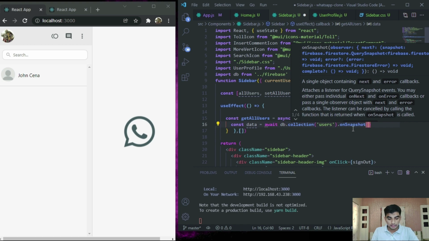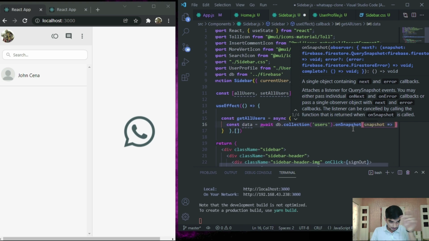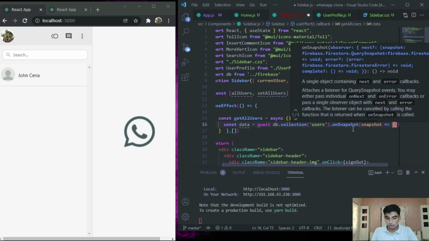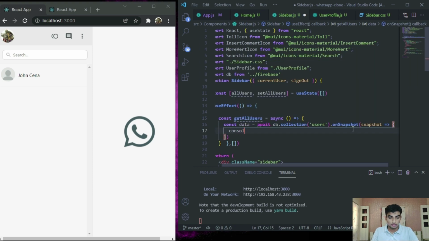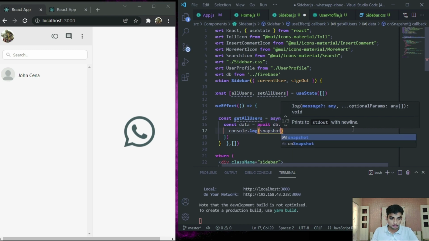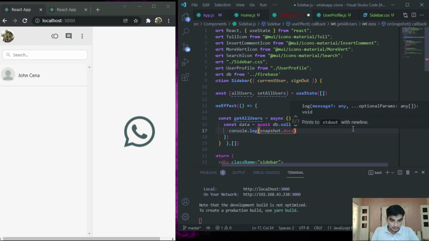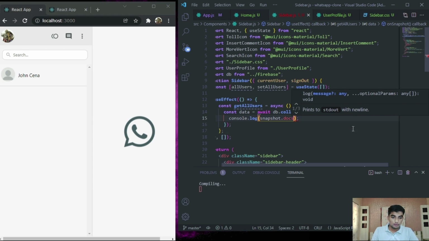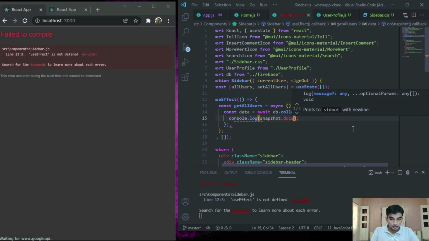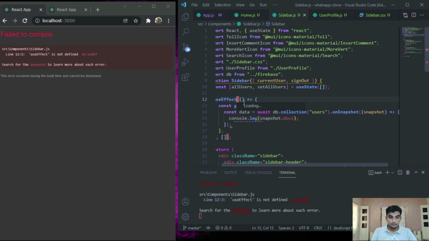Okay, then we type snapshot here, and in here we are going to do console.log snapshot.docs, and you can see here. Now we have to call this. We have to import useEffect first of all here, and import it